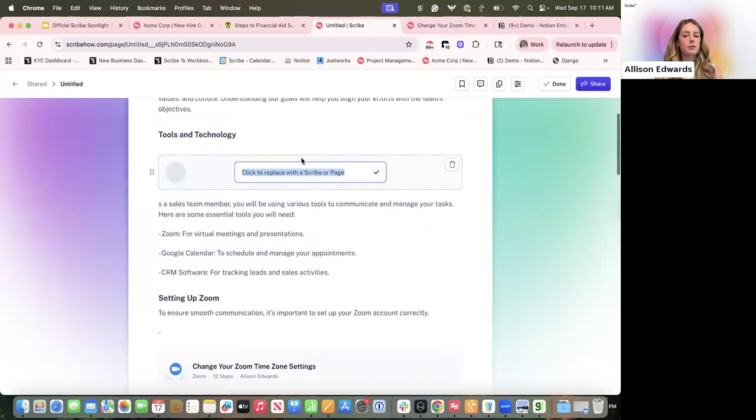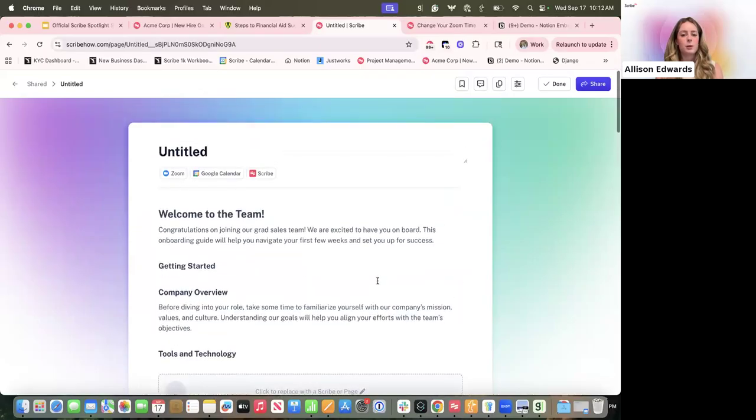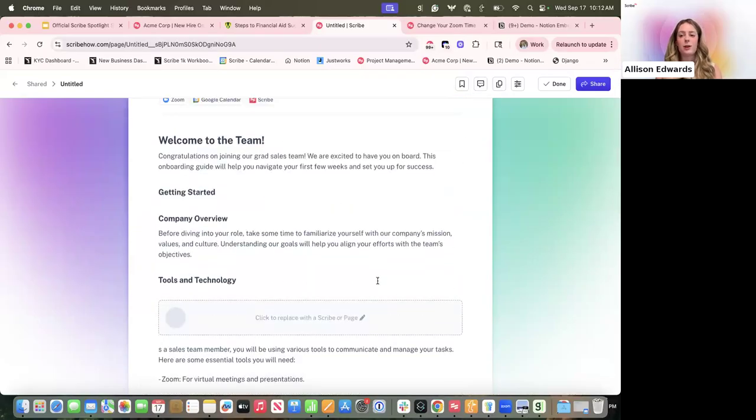So maybe you say to yourself, okay, I have this group of individuals who I'm going to be onboarding in the next couple of weeks. I'm going to place preemptively a little placeholder here to remind myself to create this Scribe on this workflow that people need to learn. And then later you can go ahead and attach it, which is super convenient. But yeah, I really enjoy pages, especially when I was even onboarding here. They were the most resourceful thing that I used to train. So I really enjoy it.